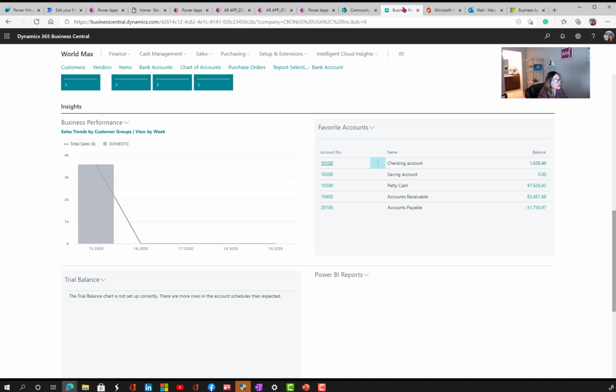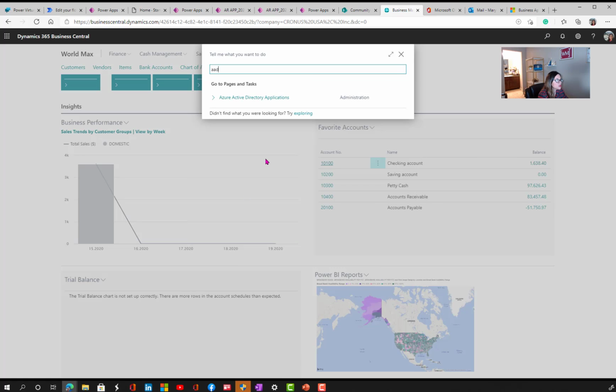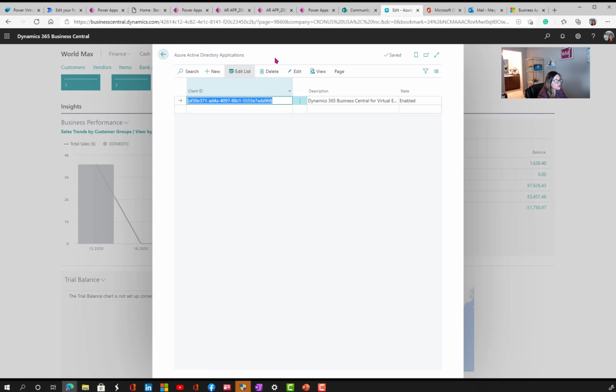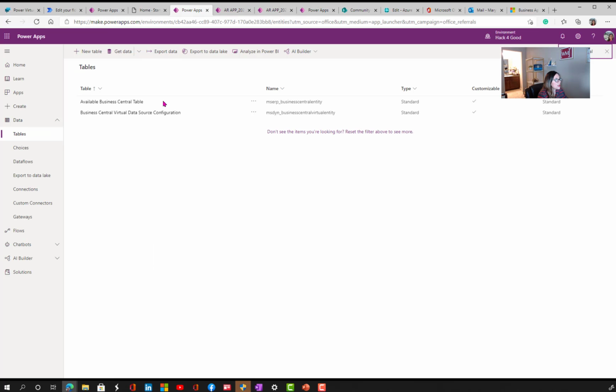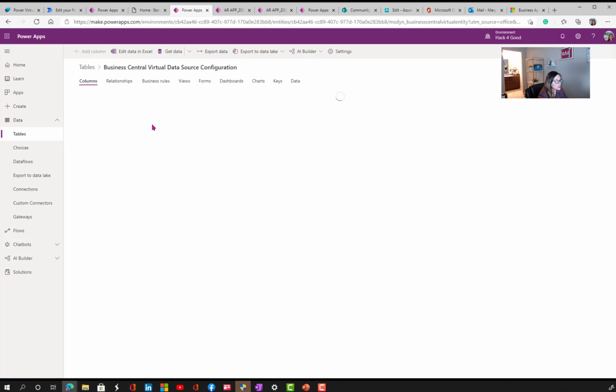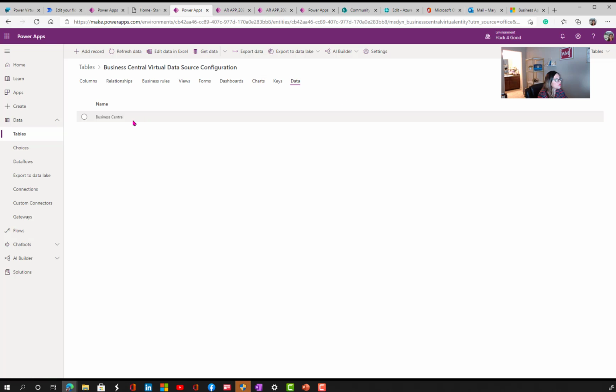Oops, actually, let me go to here, because you have to make sure that it's enabled in Business Central first, right? So I just did AAD, and out of the box, this would say disabled. So you just simply change that to enabled. And then when I come into here, it allows me to identify if I go to data and I click on Business Central here